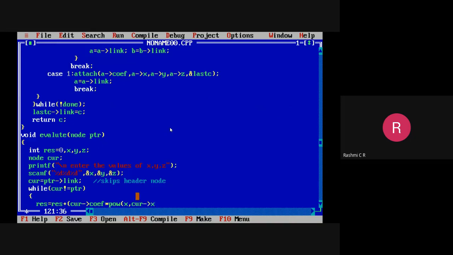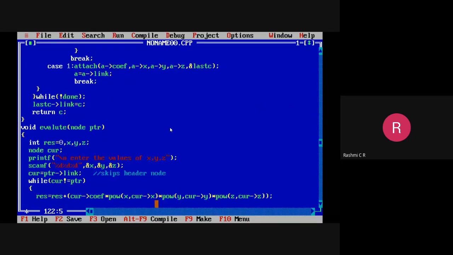If the value of this is equal to 2, so we are passing the value here, it will be x to the power of 2, something like that, and we have to assign the value of this x. Then multiply that with the power of y terms, y comma current of y, and multiply that with the power of z terms, z, current of z.